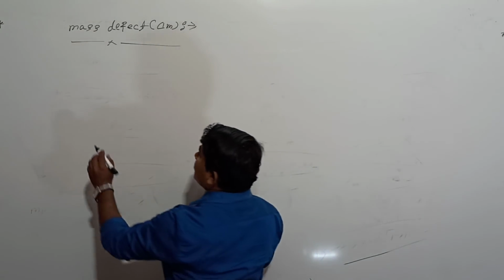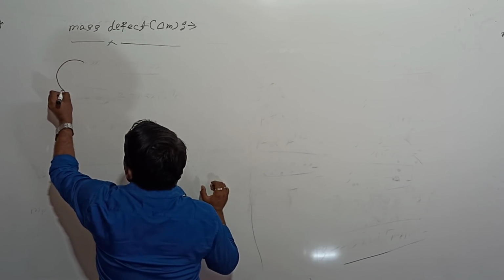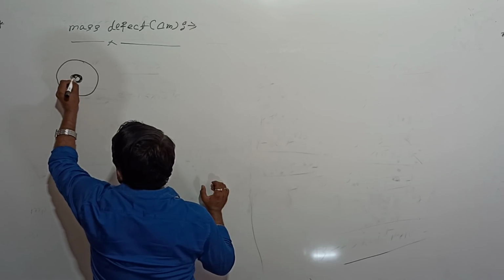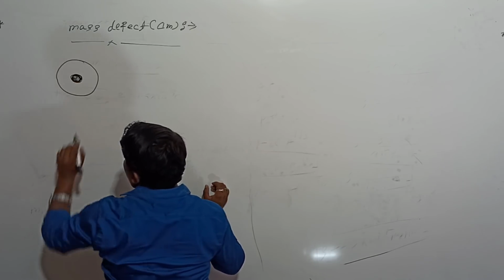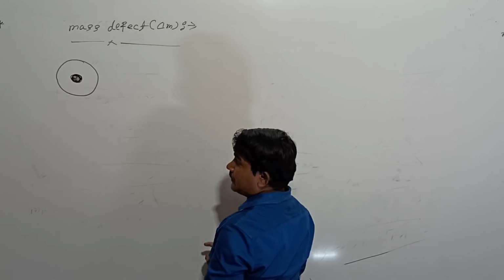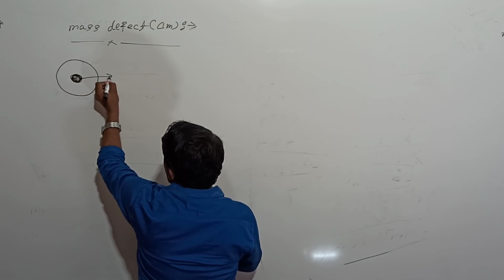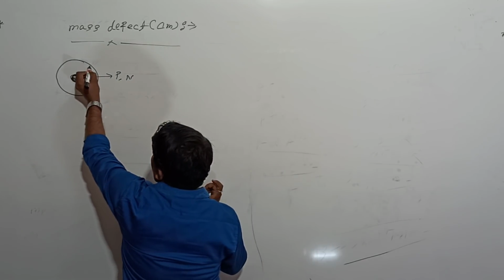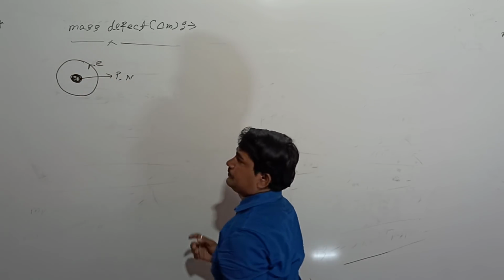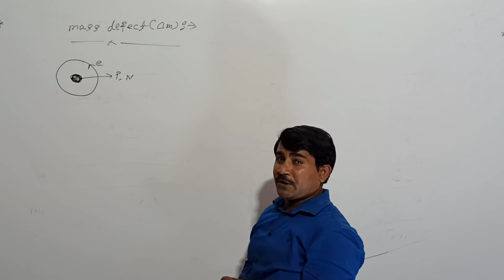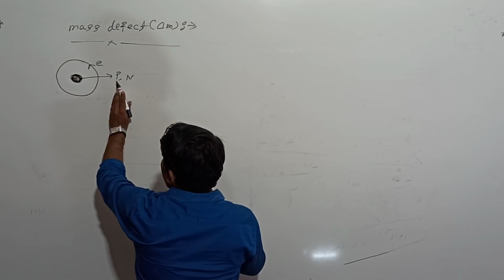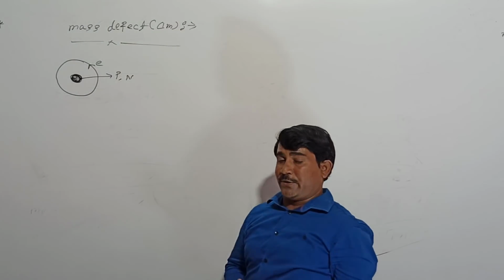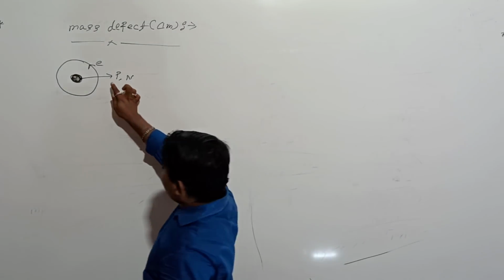First of all, let us see. I will take this atom. Here is the nucleus. The whole mass of the atom is supposed to be concentrated in some region that we call the nucleus. Inside the nucleus, protons and neutrons are available, and here an electron is revolving in a circular orbit. What are nucleons? Protons and neutrons together are called nucleons. If we weigh this total atom,